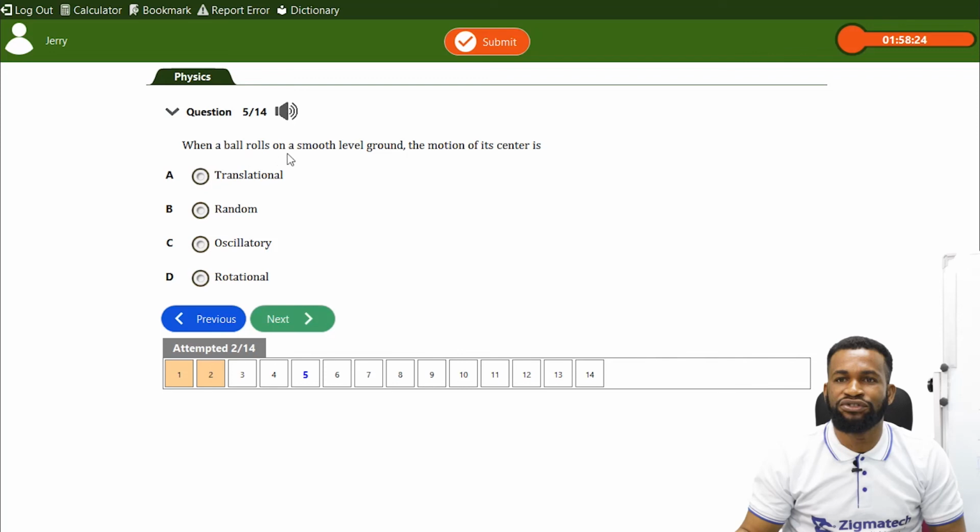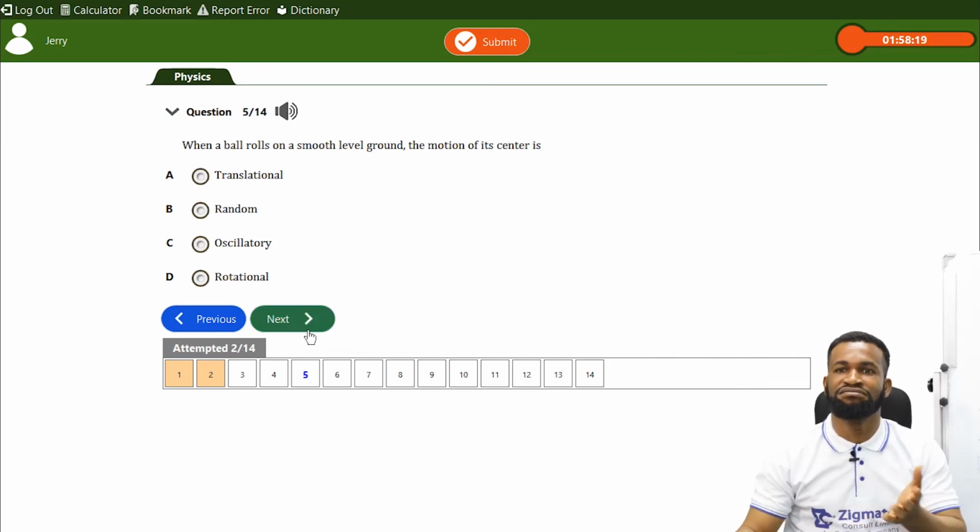When a ball rolls on a smooth level ground, the motion of its center is